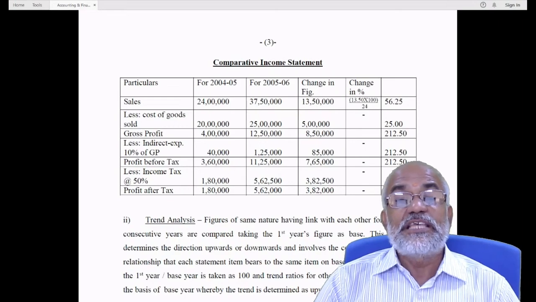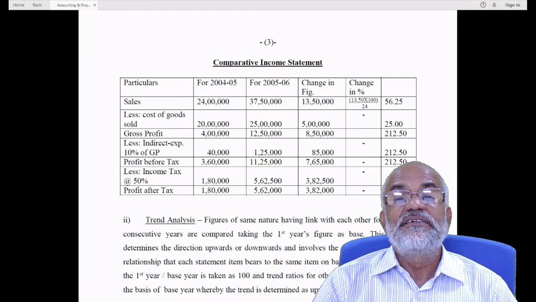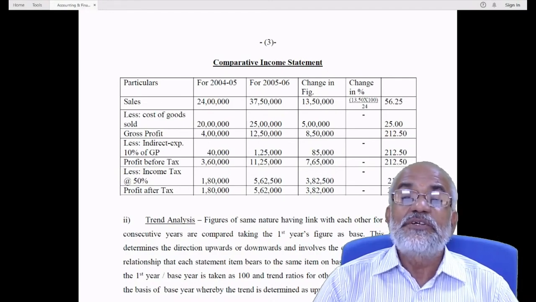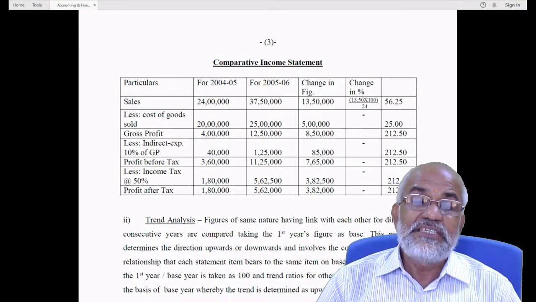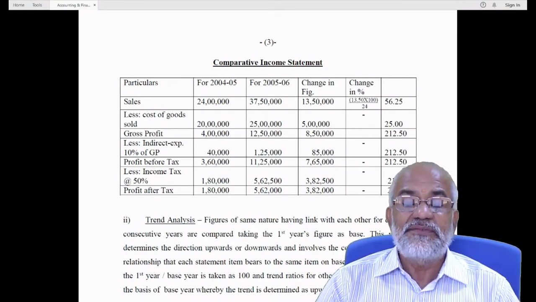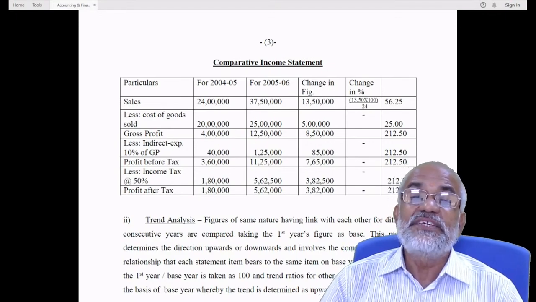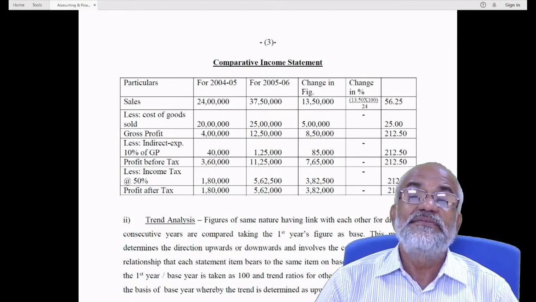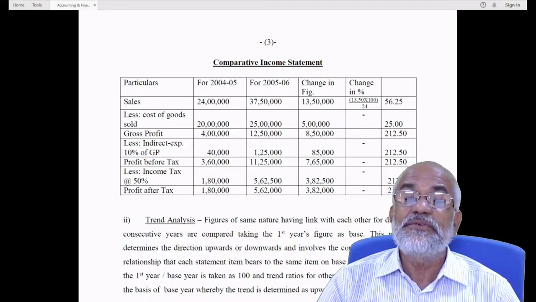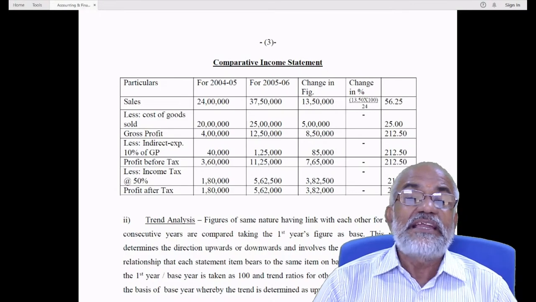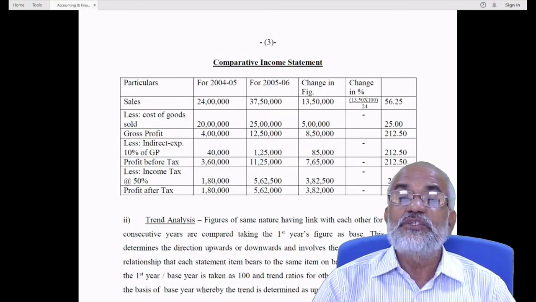And for the second year also the same principle is applicable. When 12 lakhs 50,000 is the gross profit, the indirect expenses would be 10% thereof, that means 1,25,000. So 40,000 is the indirect expense for the first year and 1,25,000 is the second year. So the change in figures is 85,000 positive, that means an increase by 85,000 in comparison to that of the previous year. And when that is calculated in the form of a percentage,